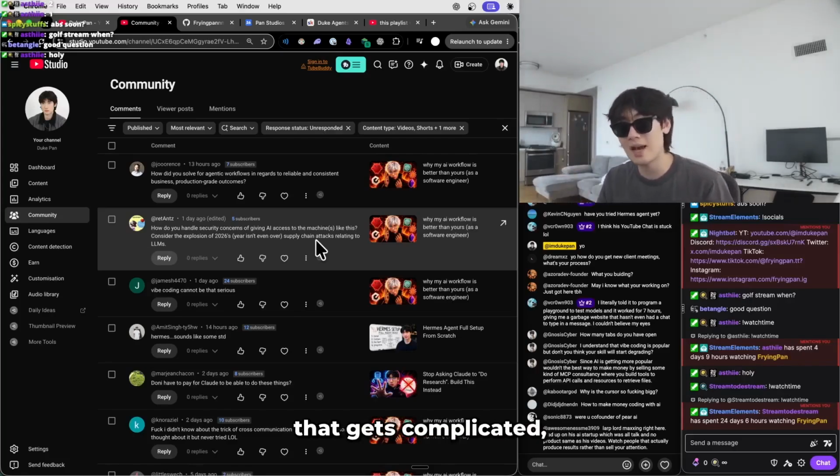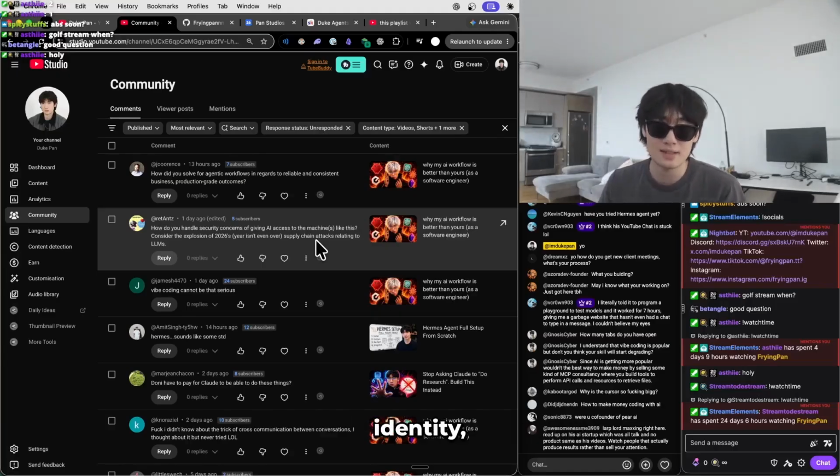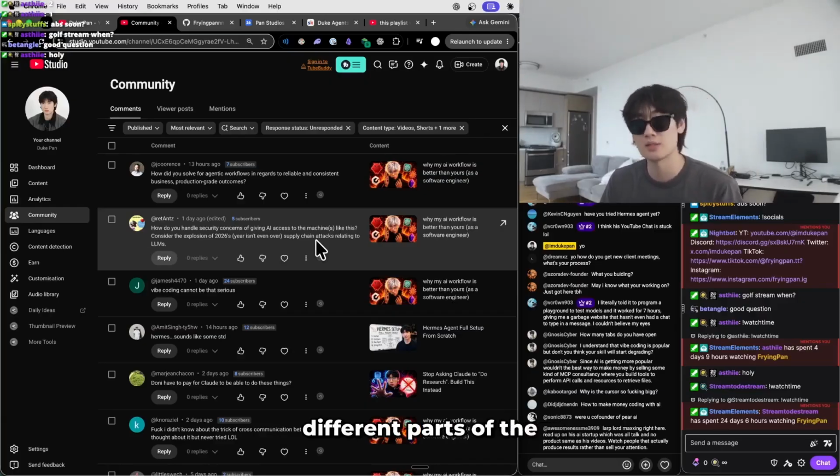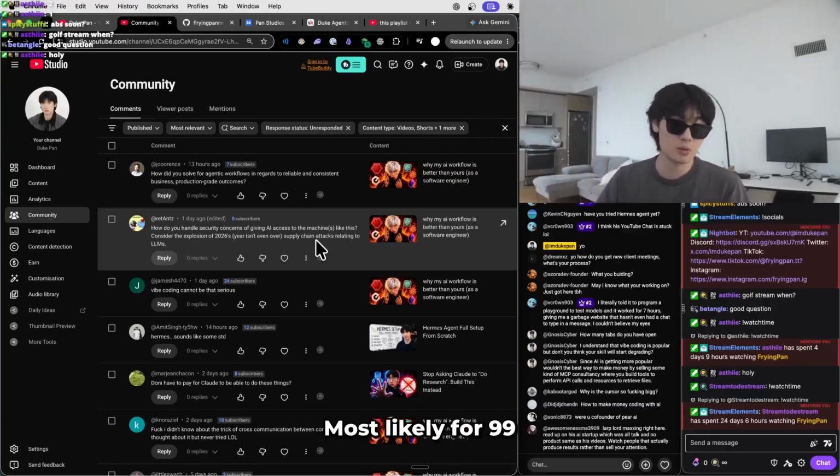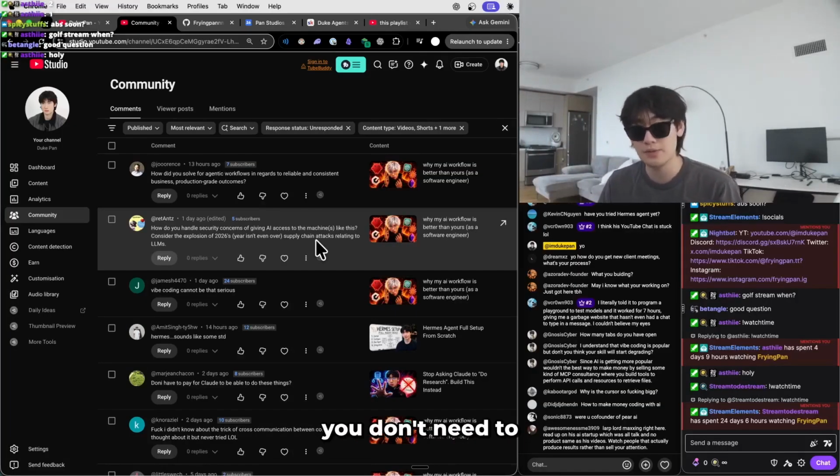But you see, that gets complicated, right? Or it can give authorization depending on your identity, like who you are in the company. If you're a software engineer, if you're a data analyst, if you're a CEO, you should have different types of access to different parts of the system. So it just depends on how much you want to optimize this. Most likely for 99% of people, you don't need to worry about that.